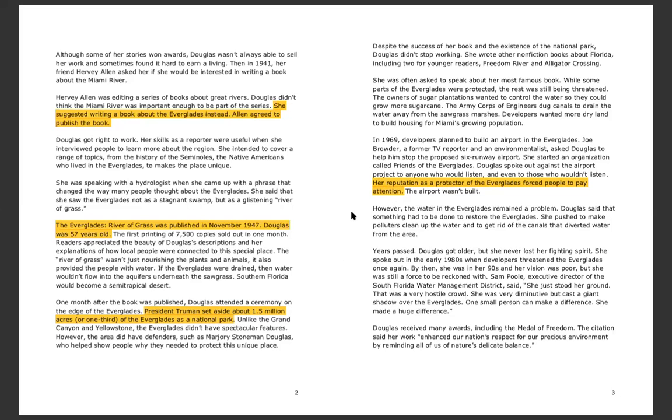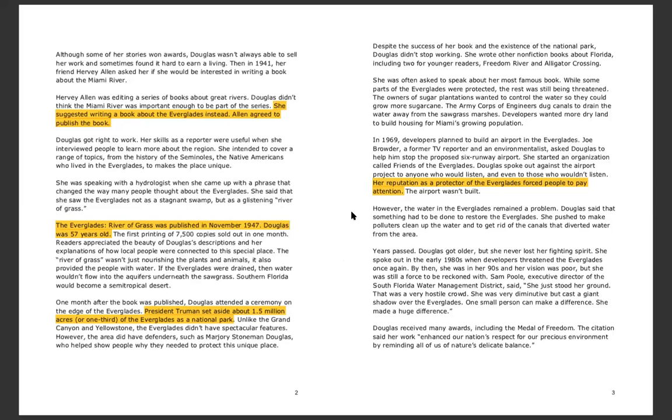However, the water in the Everglades remained a problem. Douglas said that something had to be done to restore the Everglades. She pushed to make polluters clean up the water and get rid of the canals that diverted the water from the area. Years passed, Douglas got older, but she never lost her fighting spirit. She spoke out in the early 1980s when developers threatened the Everglades once again.